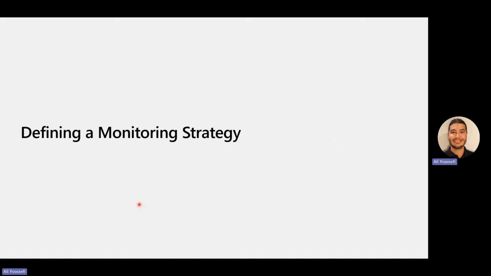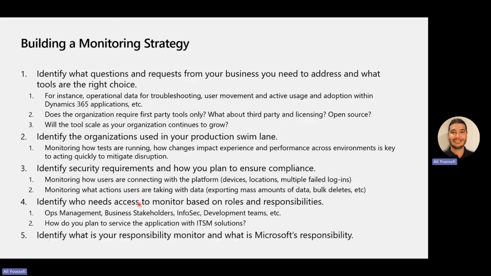All right, so let's get into defining a monitoring strategy. Building a monitoring strategy, there's a lot here. Let's go through it one by one. We want to first identify what questions your business needs to address with how the platform is being used. What requests do they have from you? For instance, when it's looking at the operational teams, what kind of data do they need to help troubleshoot? For your stakeholders who want to know how the platform is being used,